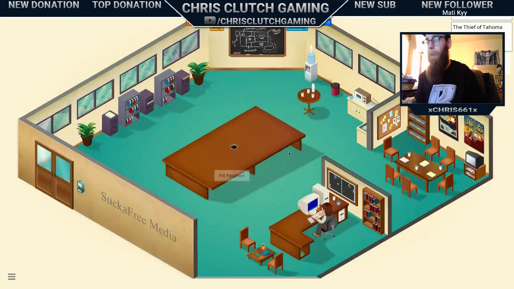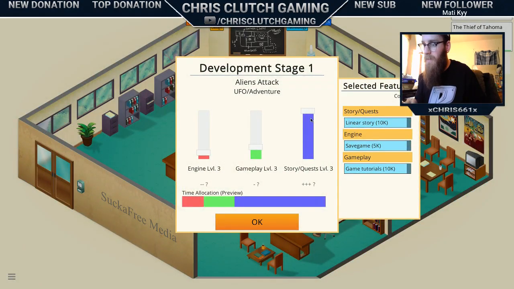Alright, so story and quests up there really high. I also see engine barely needs anything at all. And gameplay is actually relatively low too. So it's just all about stories and quests for adventure games. Which doesn't seem quite right, but...